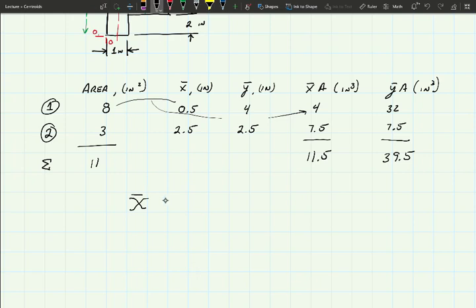It's going to be the summation of the areas equal to x bar times A. I'm going to put a parenthesis around that because we are actually pulling this one from here down to there, or the 11.5, right? And that leaves me with